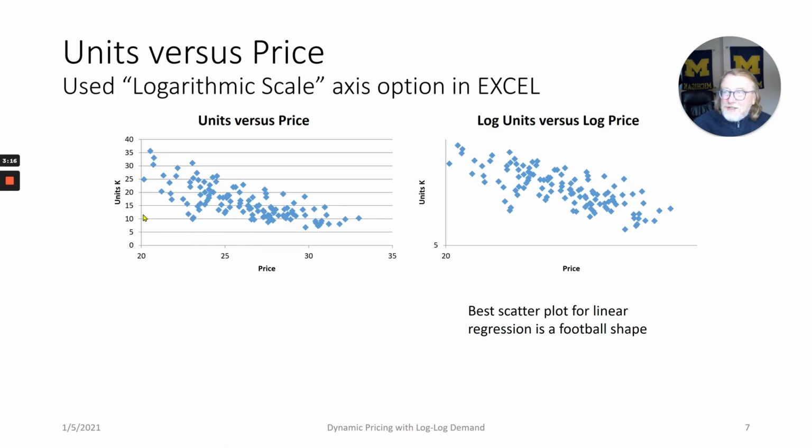This is just a plot of units versus price on the original scale. You can see that when price is large, the number of units being sold is kind of small. It has a little bit of curvature to the relationship. When price is small, the number of units being sold has considerably more variation. Whereas when we take the log transform, it seems to straighten it out and makes more of a consistent tube